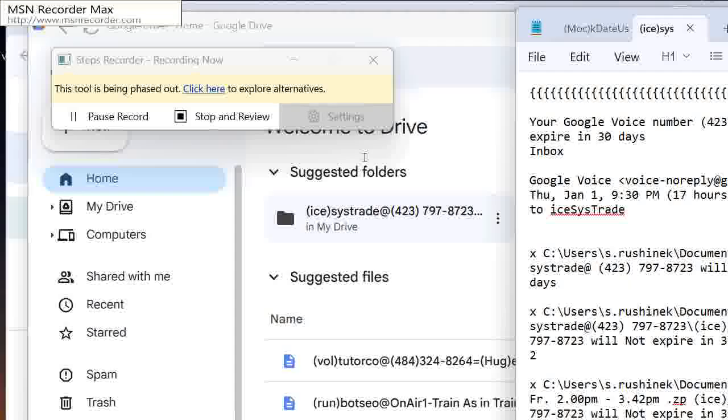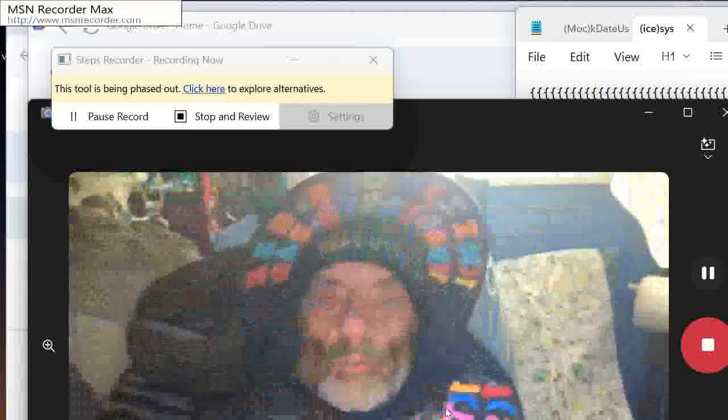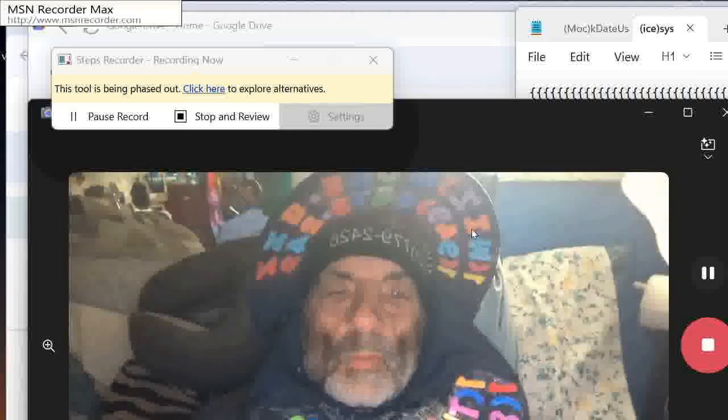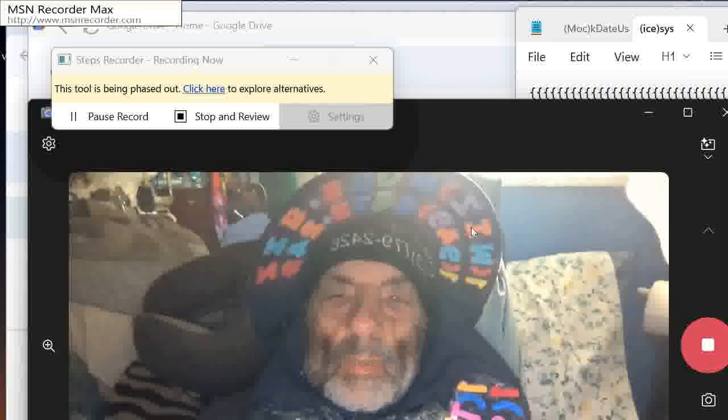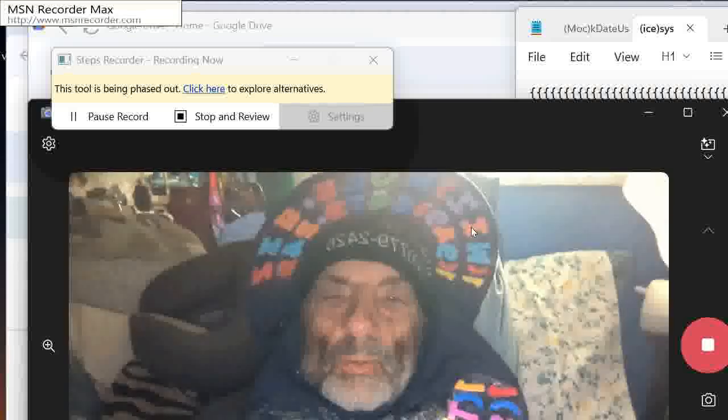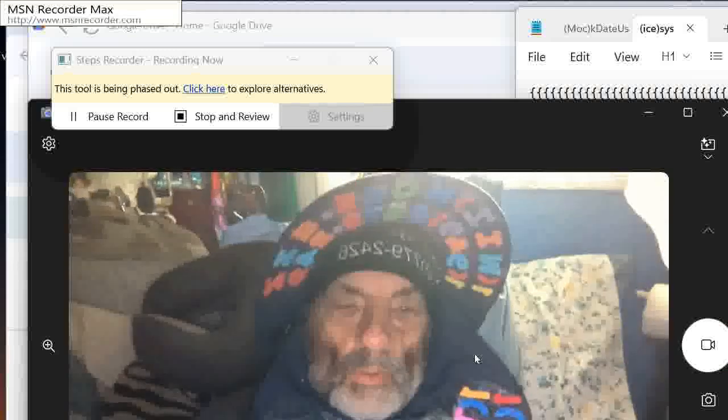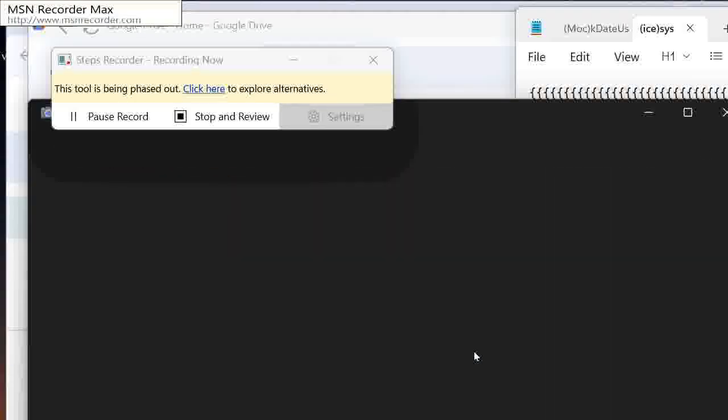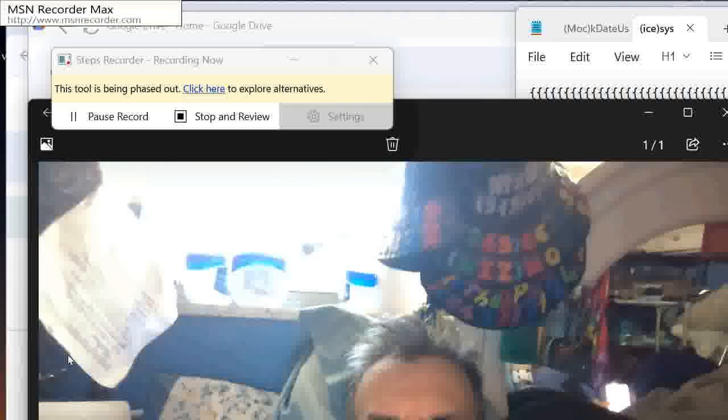Starting with the camera software. Here's the camera software. I'm going to stop this recording, then double click it and play it back to see if it works. So I'm clicking it to play it back. Now I press the play symbol. This is a demonstration of